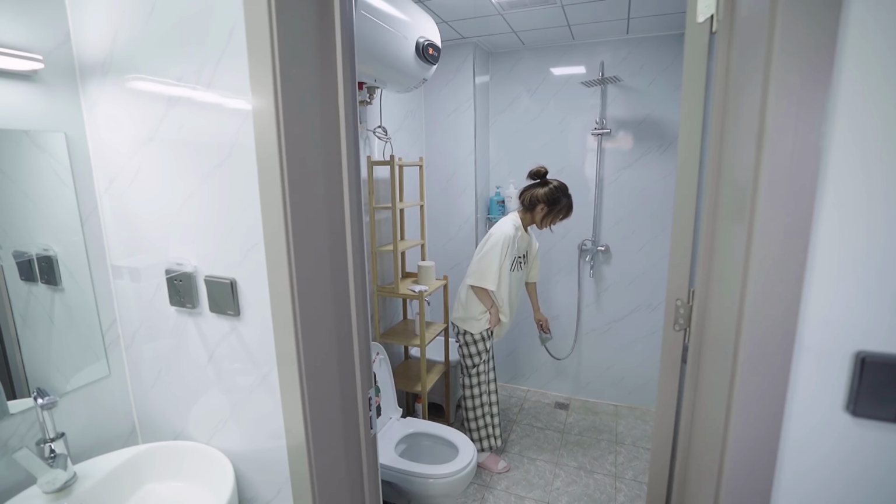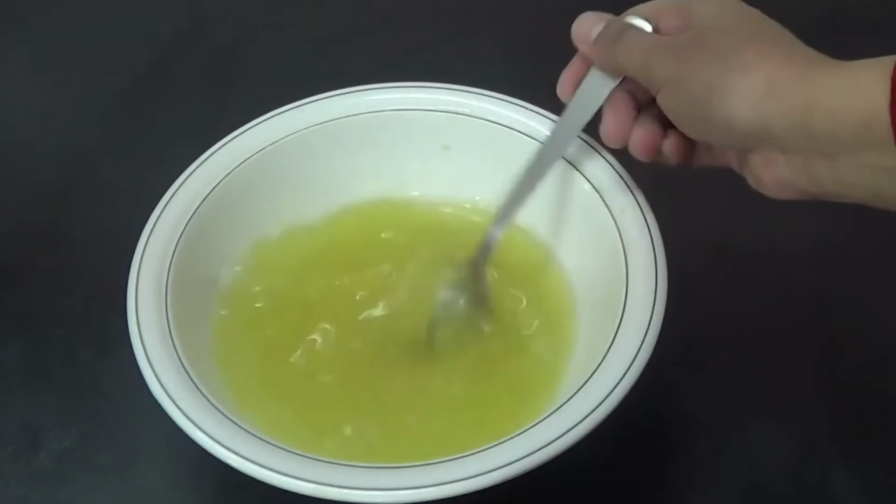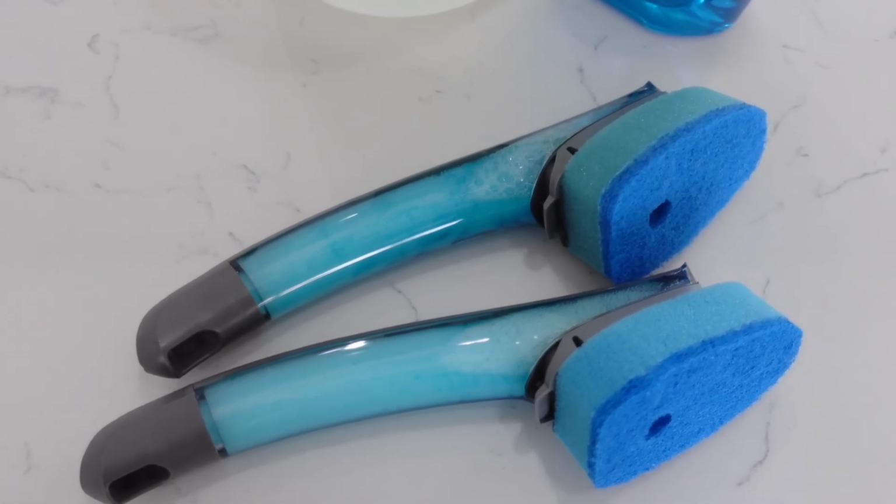Hack 8. Clean your shower easily with a dish wand. Cleaning the shower doesn't have to be a big chore. You can make it simple by using a dish wand filled with a mix of half vinegar and half dish soap. Keep the dish wand right in the shower, and when you're taking a shower, give the tiles a quick